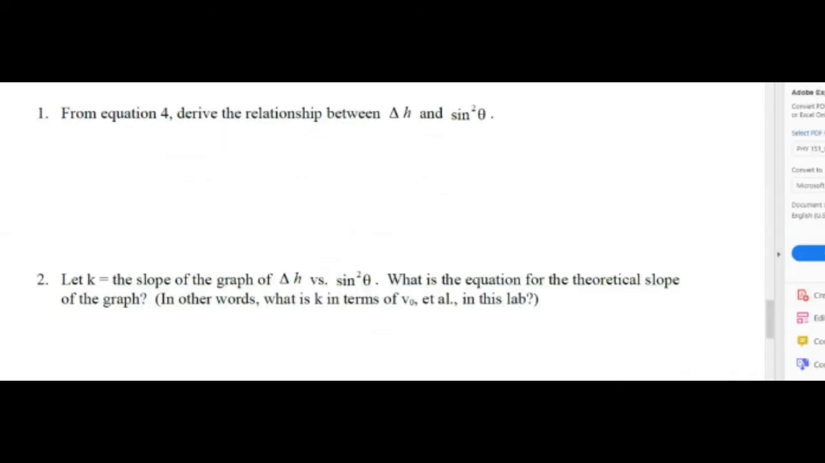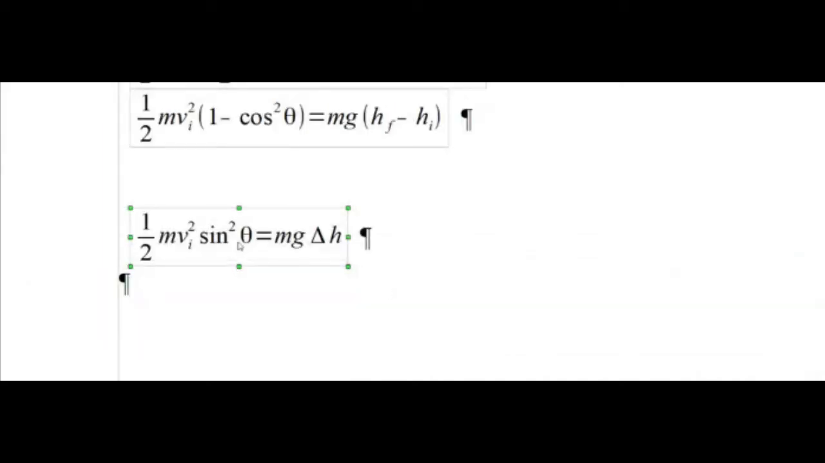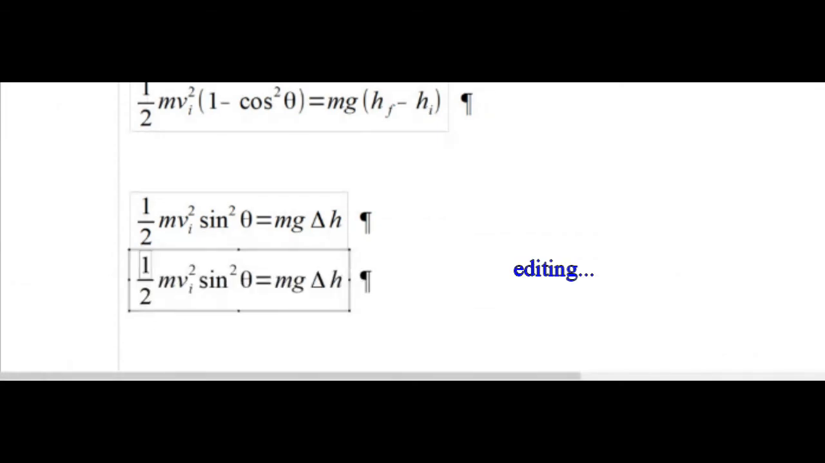Since you're going to be plotting delta h versus sine squared theta, I want to rearrange this so that it's in that format. So I want delta h equals, just like I'm basically shooting for y equals m x plus b format. So my vertical, or delta h here, I want to solve for that. So to solve for delta h, I'm going to divide by m, so the m's cancel out, and then I get the g. So I end up with, or I can write that as